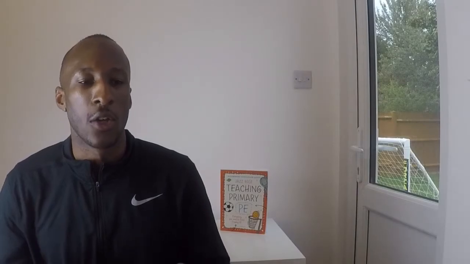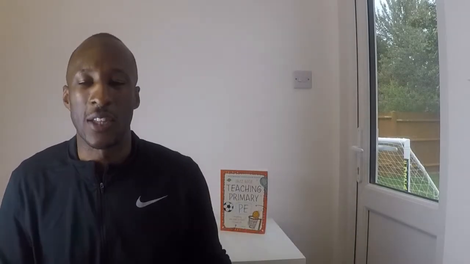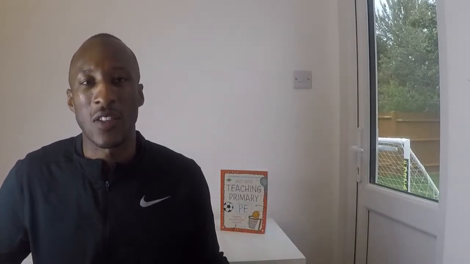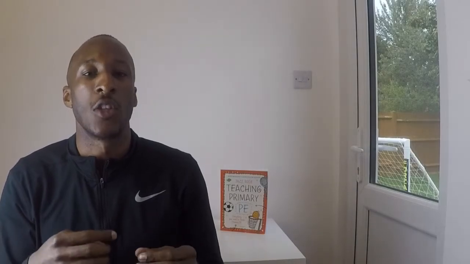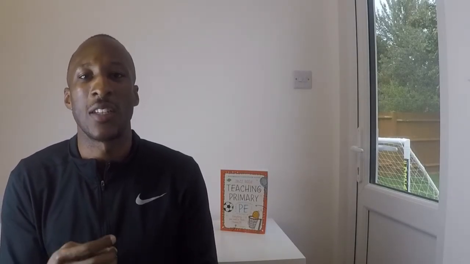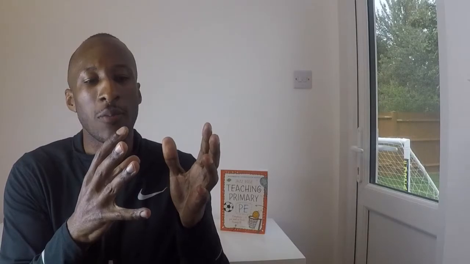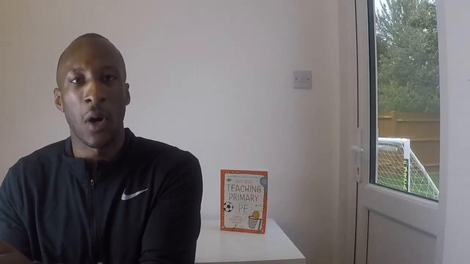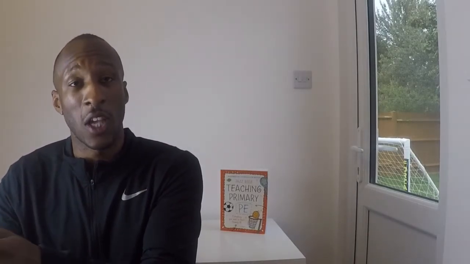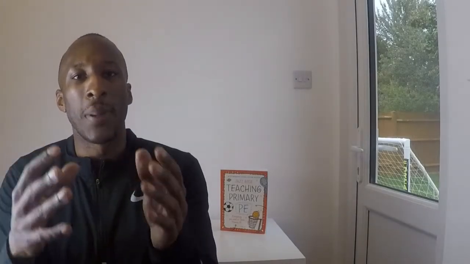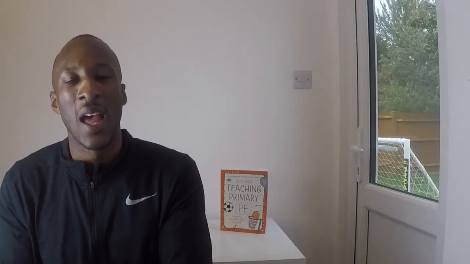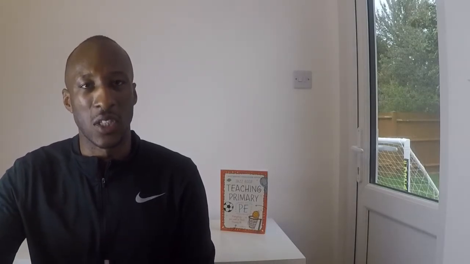What does it look like? You have red cones on the left-hand side, you have blue cones on the right-hand side, and then you have your perimeter around the grid. You do a classic warm-up, and the children are jogging around in the space and they're listening to instructions. Whatever you want them to do with the ball later on as part of your acquire stage, as part of your skill development stage, you want to build that in where possible to the warm-up so that the pupils are already aware of the routine, and the warm-up is intrinsically linked to the acquire, to the development stage of your